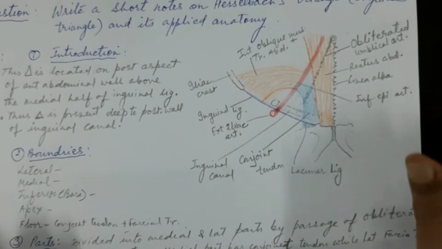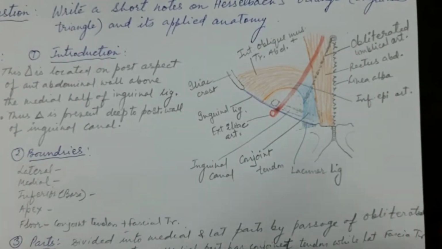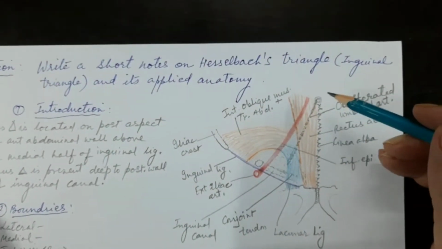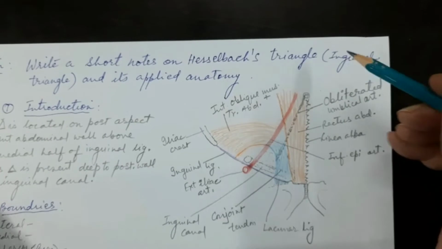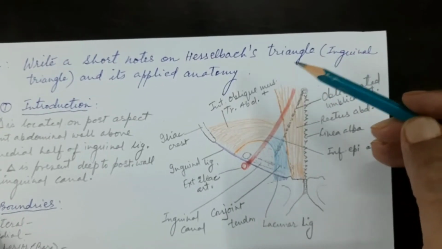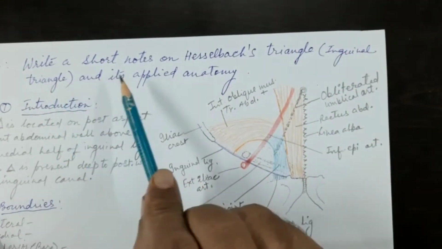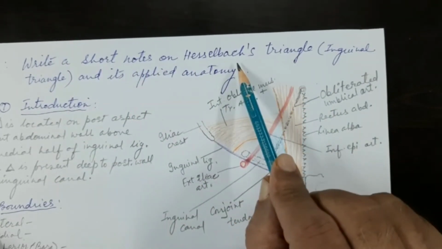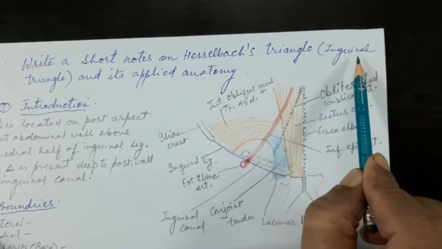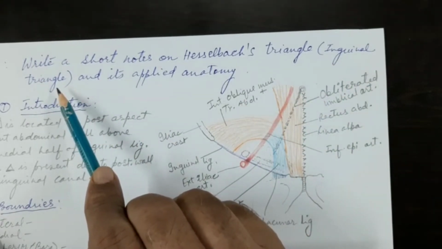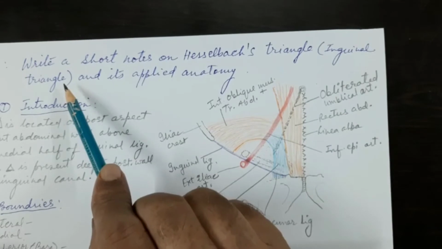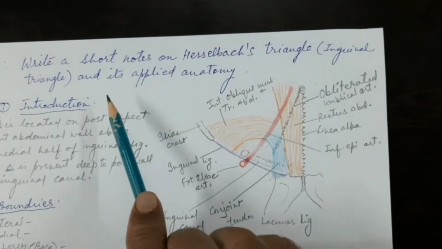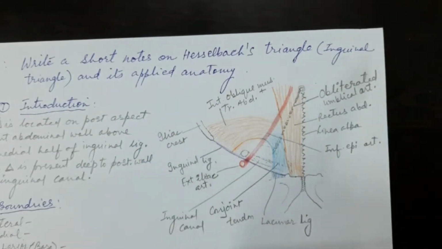Very good morning, students. Now, this is a very short question, okay? Usually asked as a very important short note. The question is, write a short note on Hesselbach's triangle, and this Hesselbach's triangle is sometimes also called the inguinal triangle. So you have to write a short note on the inguinal triangle or Hesselbach triangle and just mention something